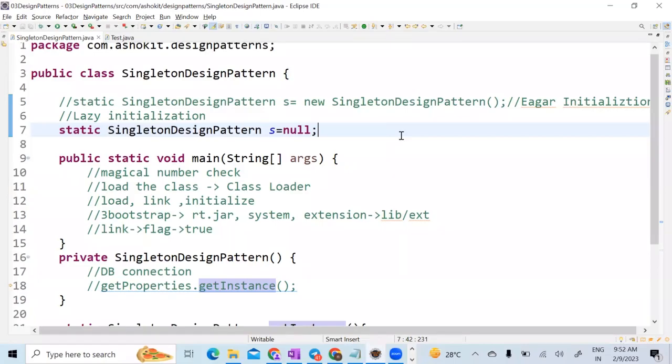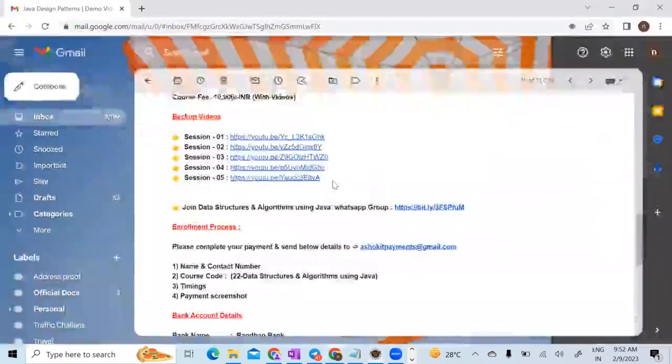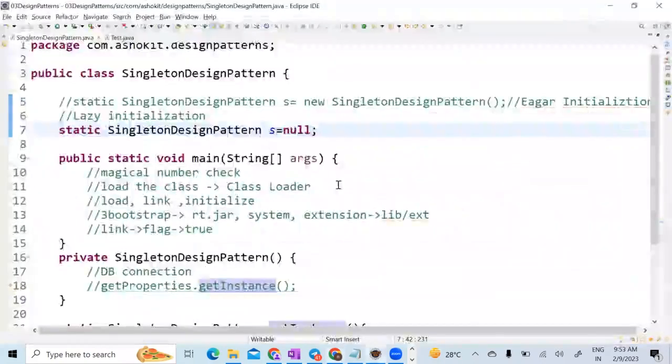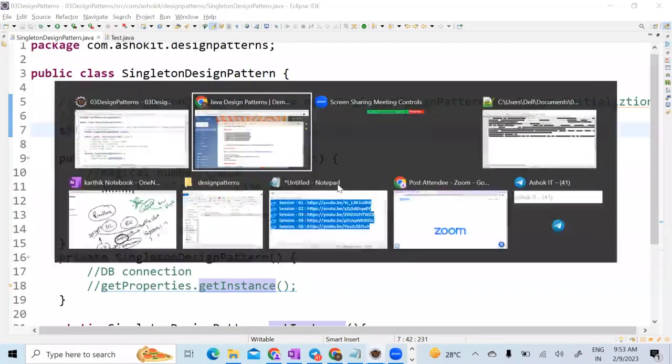So for example, if you want to change a job to a product based company, at that time it is required. So if it is required, then only you will join, right? It's completely your wish. Okay. But if you watch the videos, you will get the knowledge, because it's already recorded. You can watch any number of times. And after watching, if you feel that it will be good to join the course, then you can call